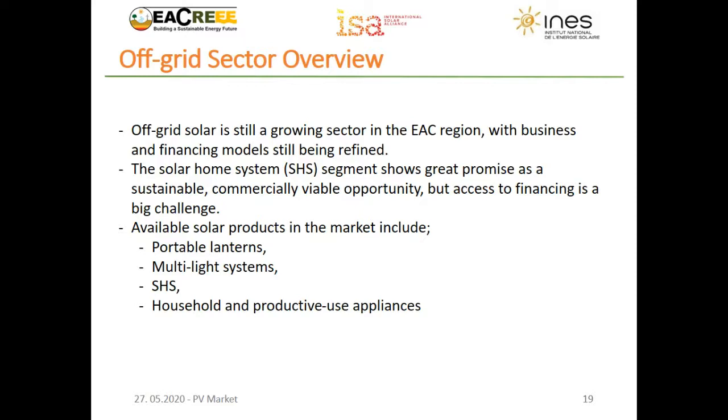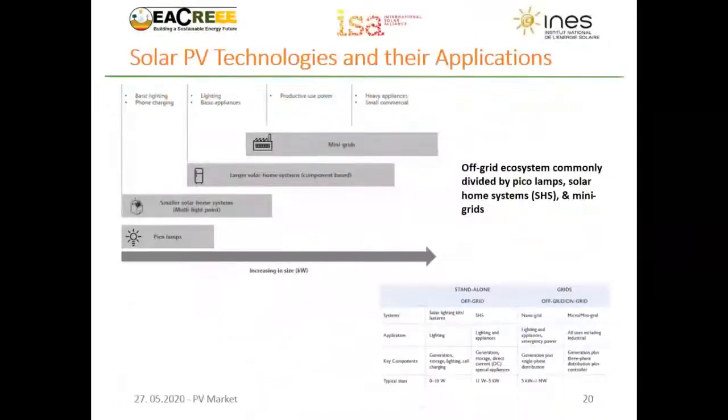So in the region, we have quite a variety of products in the market, ranging from very small products, especially solar as the initial entrant to provide lighting, all the way to bigger systems that are even connected to and supplying the grid. This is just to show the general architecture in relation to the technologies, in terms of the size of the systems that are available in our market today.